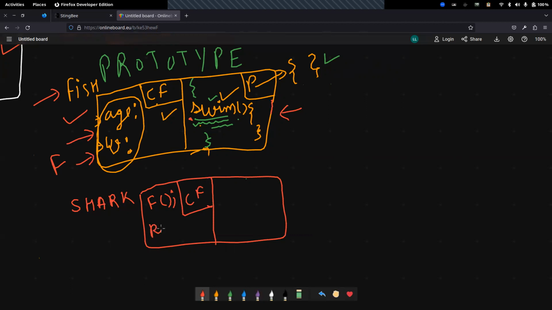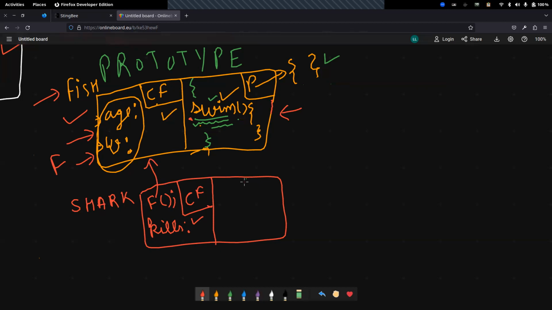Say shark will have a property kills. That is the count of people the shark has killed. Pretty dangerous shark. And this is not an actual object. This is a function that will create an object with these values. It will have values that come from fish, and it will call a function that is there for fish, and using that it will create it, and it will also have a new value. Apart from this,